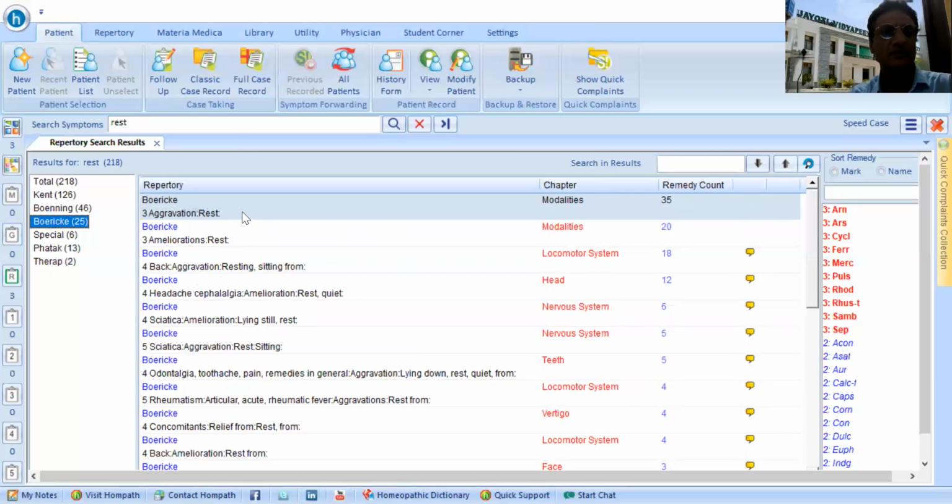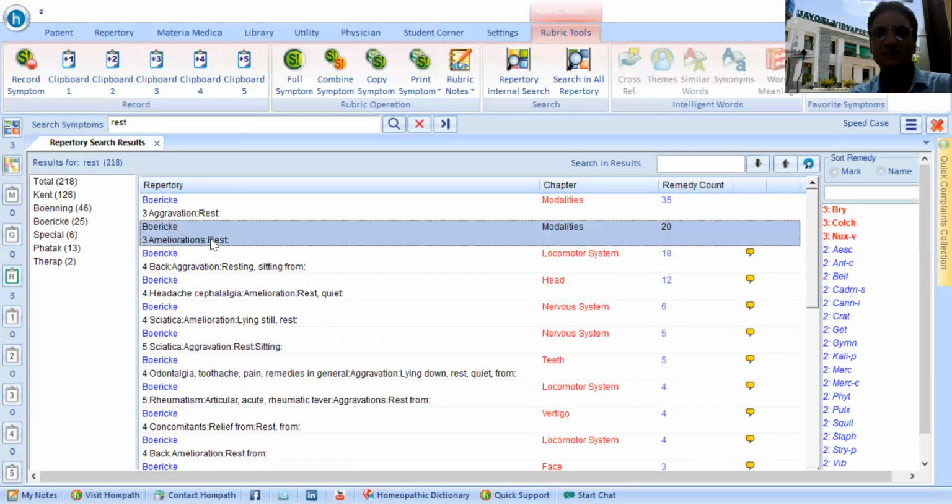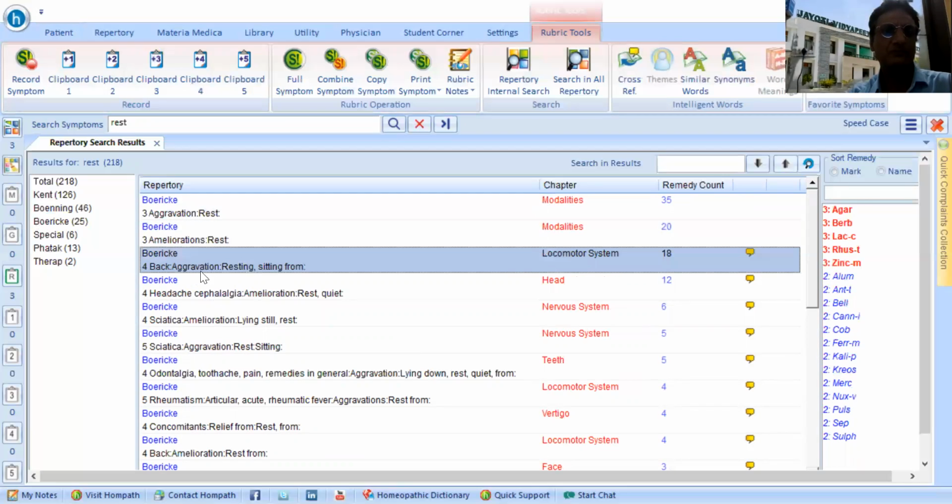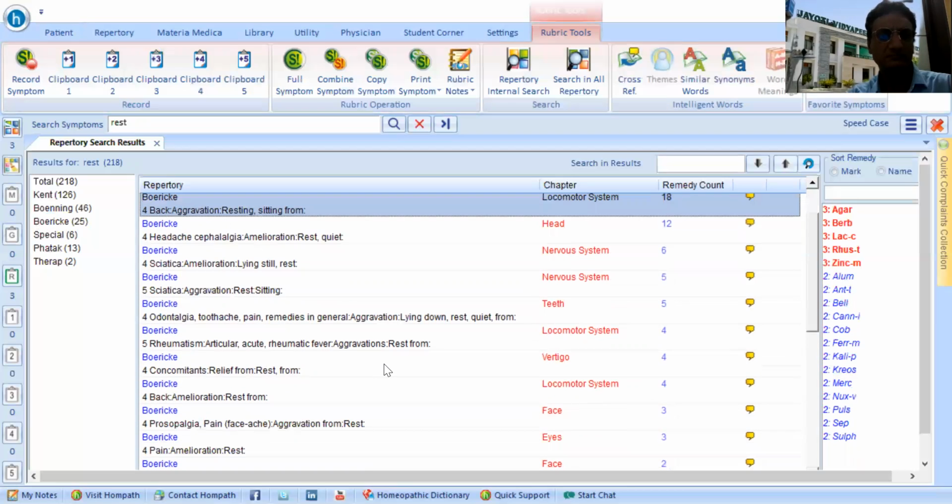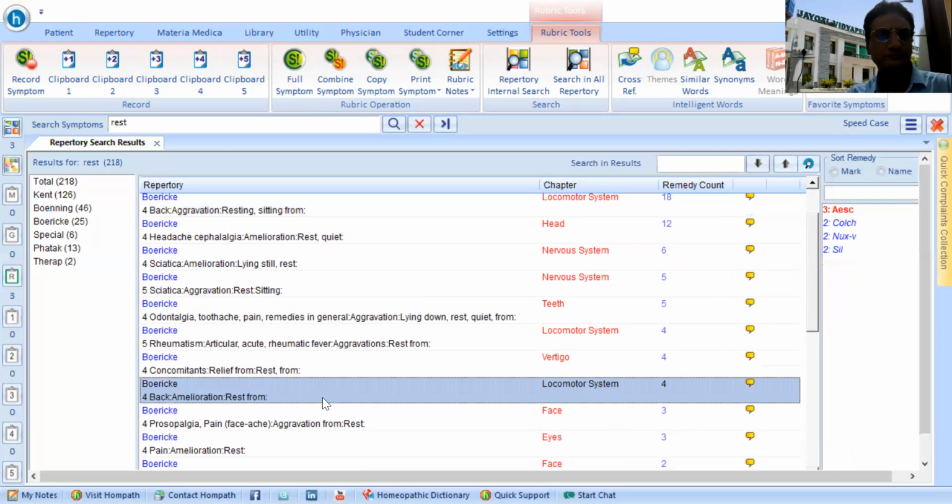Boericke, amelioration rest in modality or in locomotor system. You can also take in locomotor system or in general. Back, amelioration, rest from, this is the closest rubric. Here we have double clicked it.